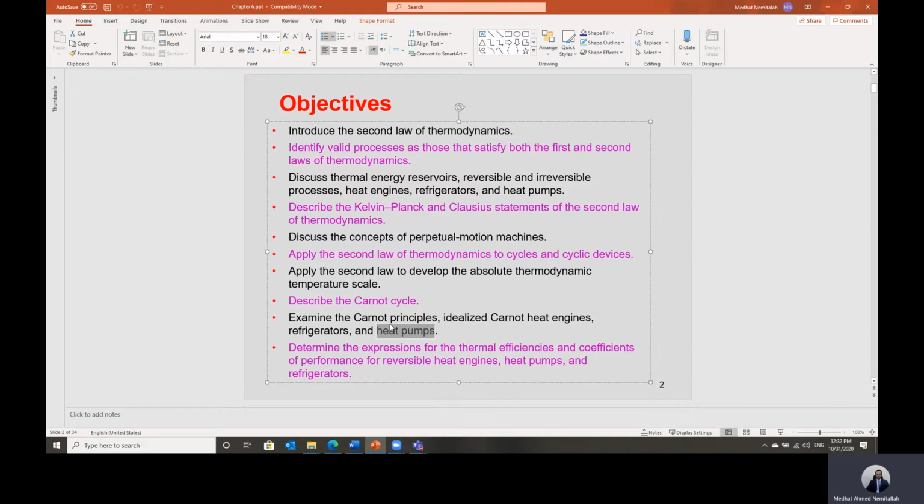If the actual efficiency of the system is very close to the Carnot value, which is the maximum value, that means this is a very efficient system and its efficiency is high. But when we have a large deviation between the actual efficiency of the system and the one calculated by the Carnot cycle, that means we have a large amount of losses within this system. And we'll see this by applying the Carnot cycle to heat engine, refrigeration and heat pump systems